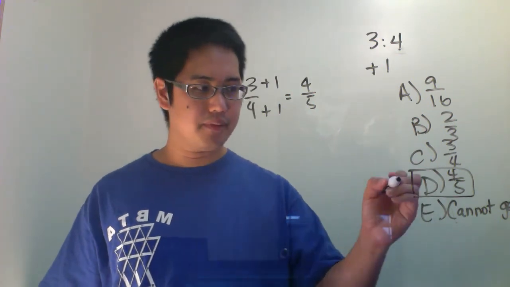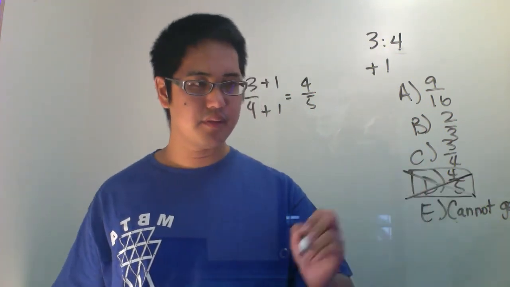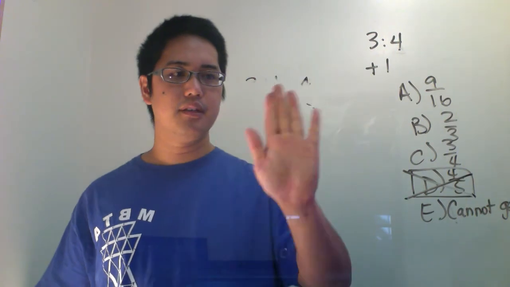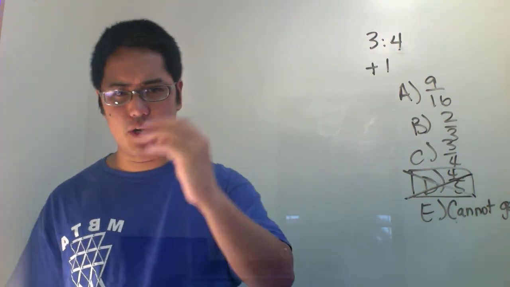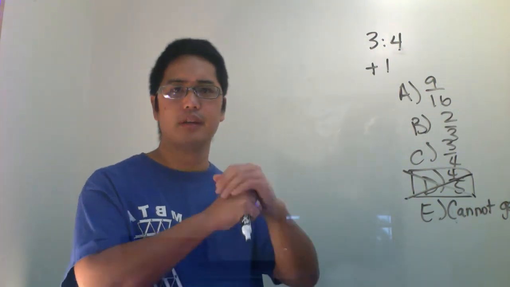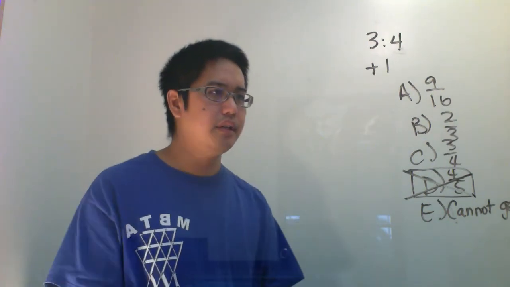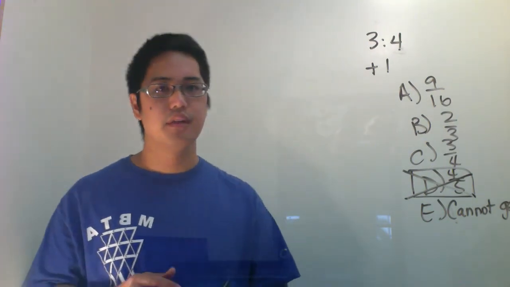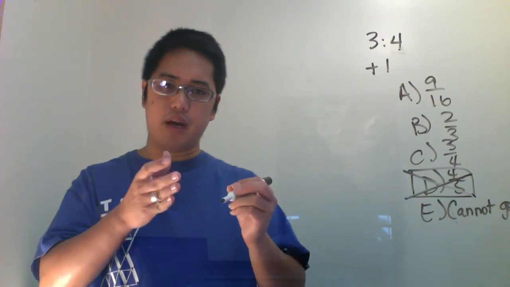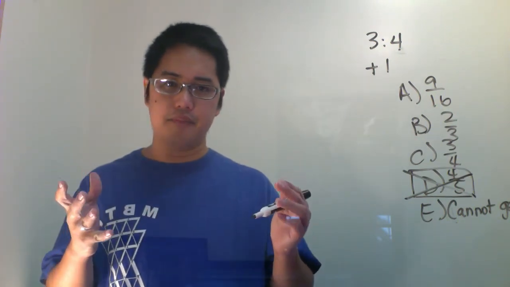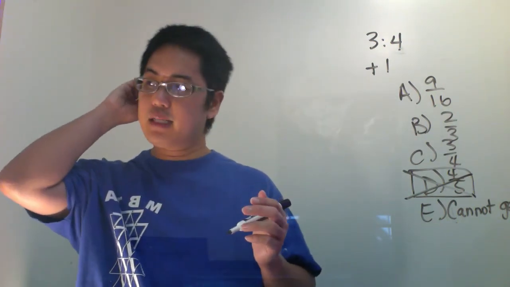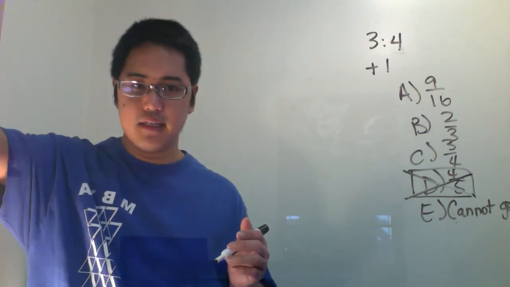But this is a trap. This one's a little bit tougher to explain. Let me see if I can walk you through this one. Here's how I would do it. I said that you can multiply ratios and be fine. Because if you think about it, let's pretend that we had